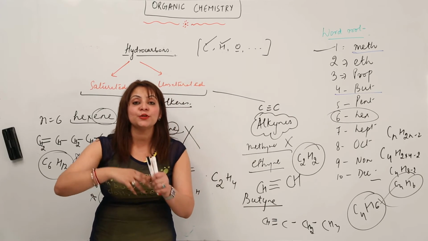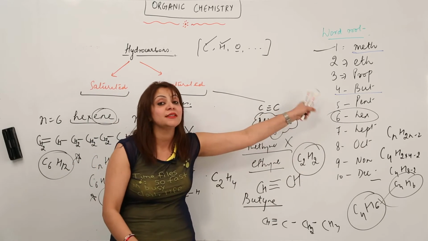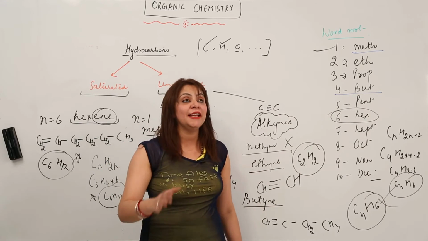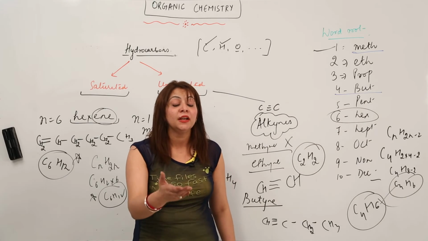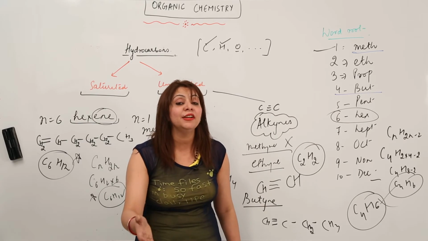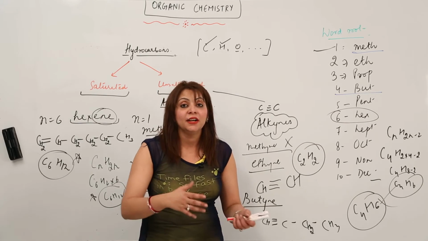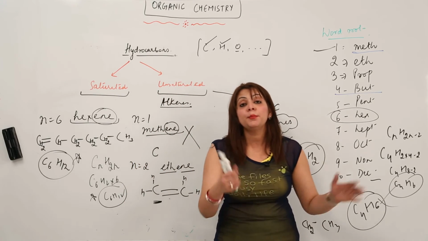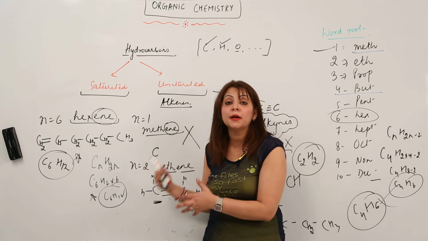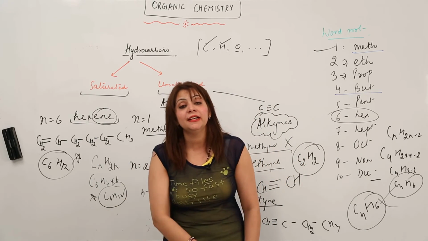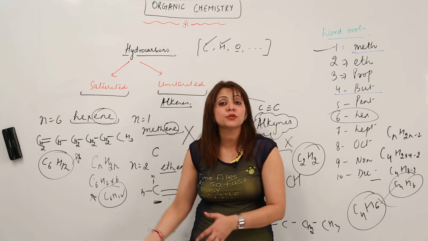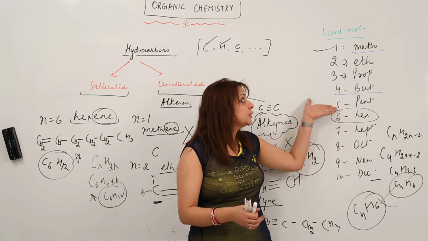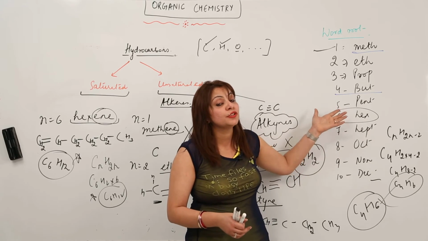Just take into consideration the word root. Don't forget the word root. This is the basic tool. If you do not remember the basic tools, like if somebody asks you to prepare the member heptane, if you don't know that hept means 7, obviously your formula is going to be incorrect. So just keep in mind the word root. It forms an important tool for making compounds, not only for alkane, alkene, alkynes, but in further topics also, where we will be taking up the functional groups and so on. So this word root serves as an important tool. Just keep it in mind.